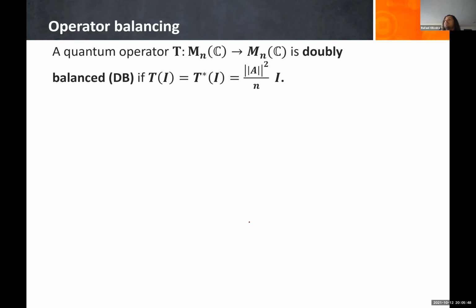Now we need to generalize the matrix scaling problem. The idea here is that a quantum operator is doubly balanced if T applied to I is equal to T star of I, which is proportional to the identity, right? Which is the same thing that we talked about in the matrix setting, that all the rows and the columns are the same. And if you want to see how this generalizes,